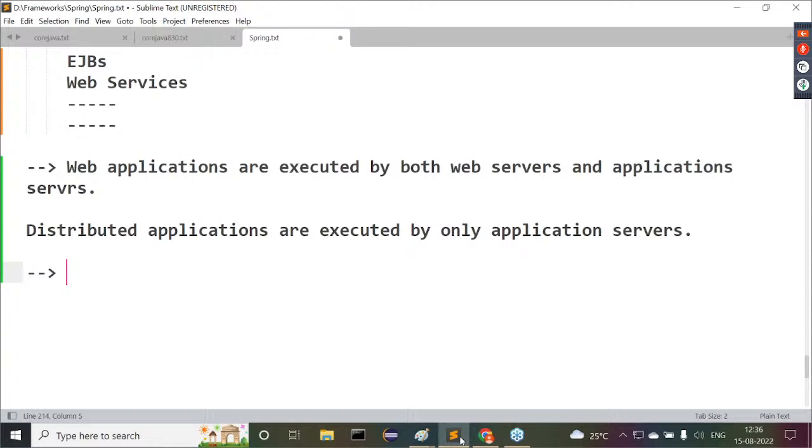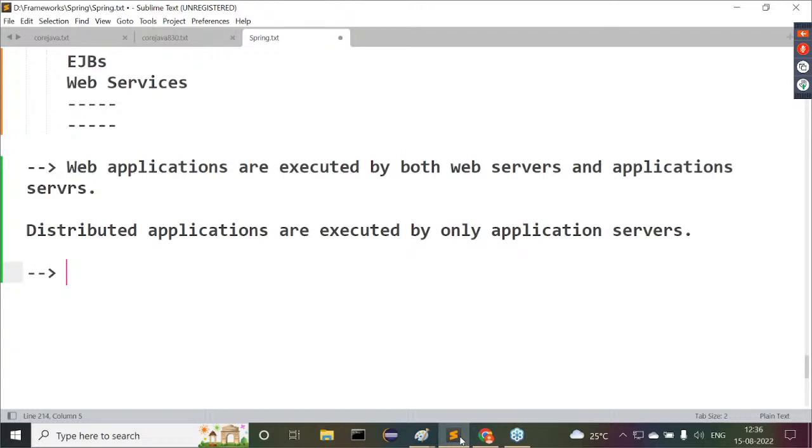Inside the JVM, who is responsible to execute Java programs? An interpreter. Inside the JVM, an interpreter is available, not just the JIT compiler. The JIT compiler is there only for the sake of improving performance. But the interpreter inside the JVM is responsible for executing Java applications. Got my point or not? JVM is running our Java programs, in the sense that inside the JVM, the interpreter takes the responsibility of executing our